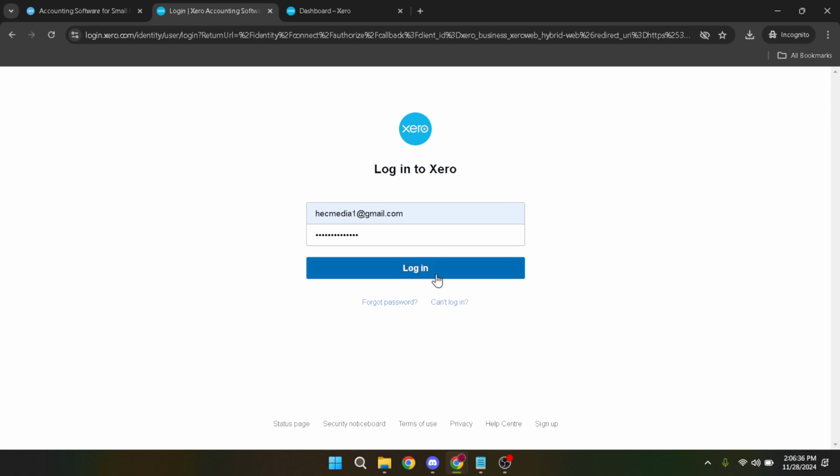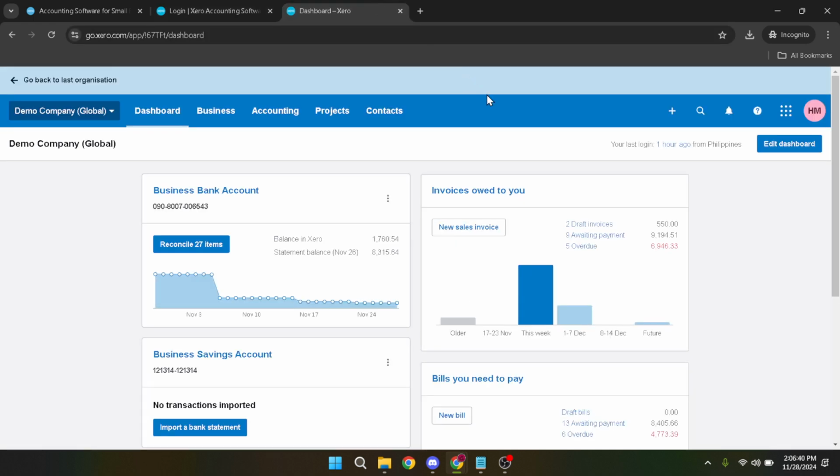Now it's time to navigate to your profile. This might seem straightforward, but it's an essential step in enhancing your account's security. On your dashboard, locate your profile picture, typically found at the top. The icon you're looking for might contain your company's logo or a personal image, depending on how you have personalized your Xero account. Upon finding and clicking on your profile picture, a drop-down menu will appear.